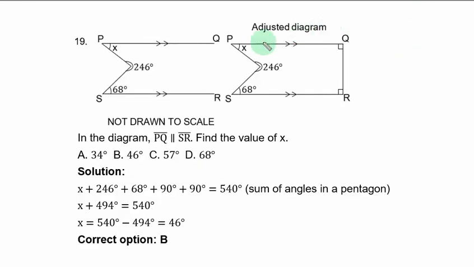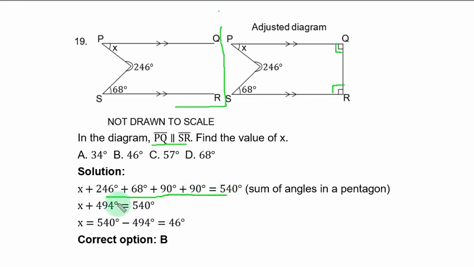Question 19. In the diagram, PQ is parallel to SR. Find the value of S. This is the given diagram. In order to solve, we have this adjusted diagram by closing the side QR. If you close that, you have angle of 90 here and angle of 90. You have 5 angles in this diagram. That means you have a pentagon. If you add the 5 angles together, the sum is equal to